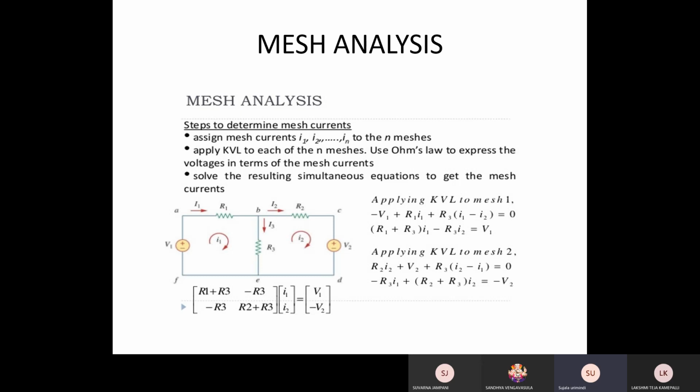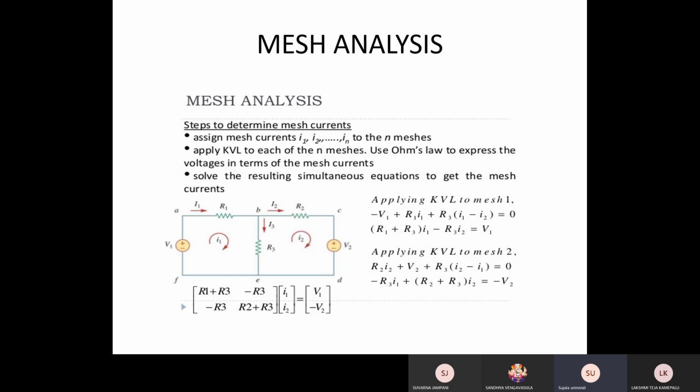Like the second loop also. So the direction is like this. Entering I2 is plus, minus. V2 is not changed, and coming to R3, the downward part is plus and the upward part we have taken as minus, because when you observe, I1 is in the downward direction and I2 is in the upward direction, so the 2 directions are opposite. For that purpose, first we have to assume the polarities.